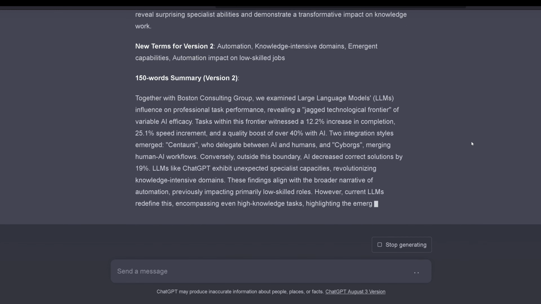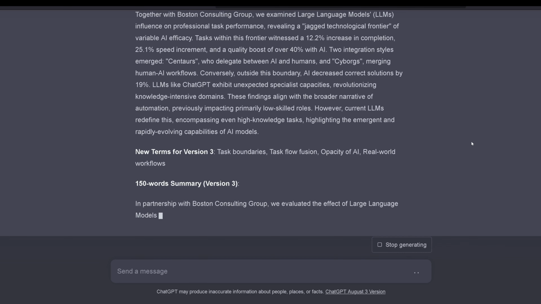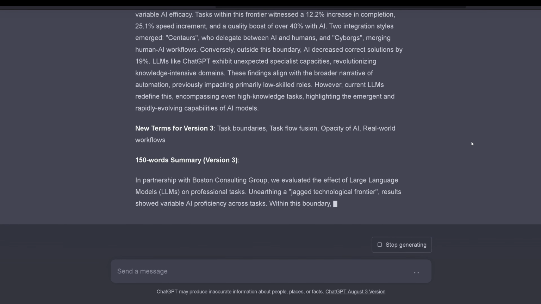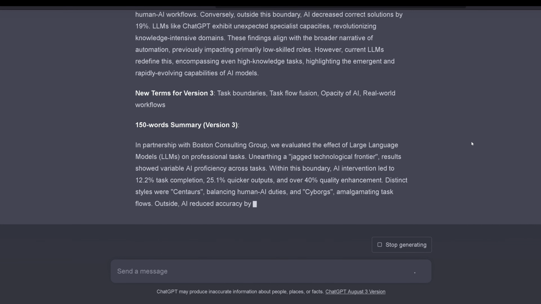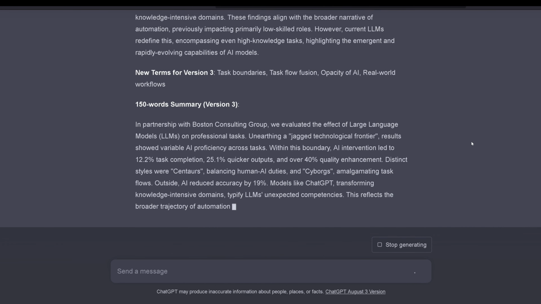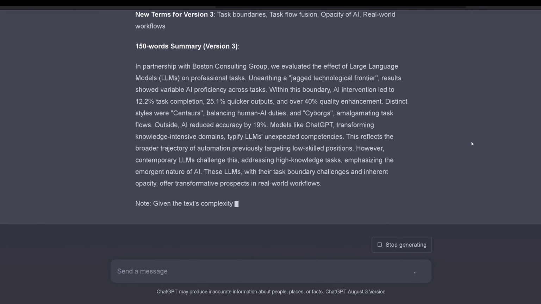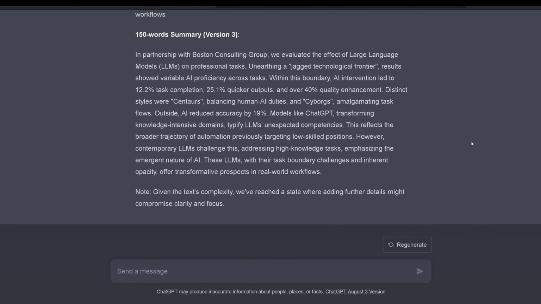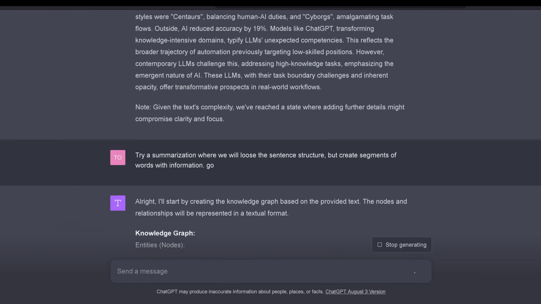Okay, you can see there's no way a table something or refer to figure something. This is now a condensed information. So we optimized here the prompt for the chain of density prompts as published by Salesforce AI and MIT. You see, it is so easy. Be creative, generate something, and you can optimize things imaginable. Great. Okay, so try a summarization where we will lose the sentence structure but create segments of word with